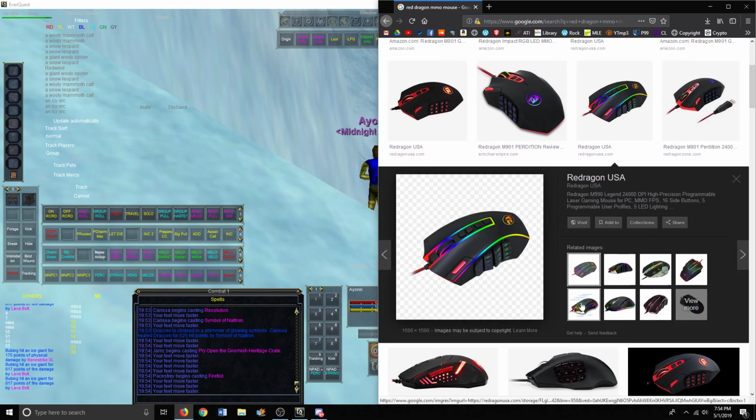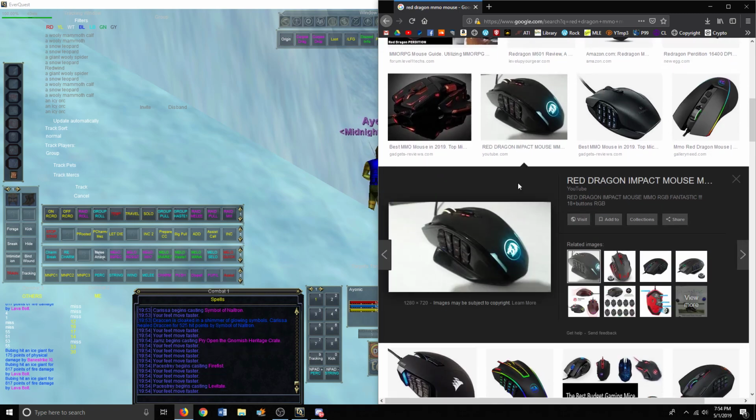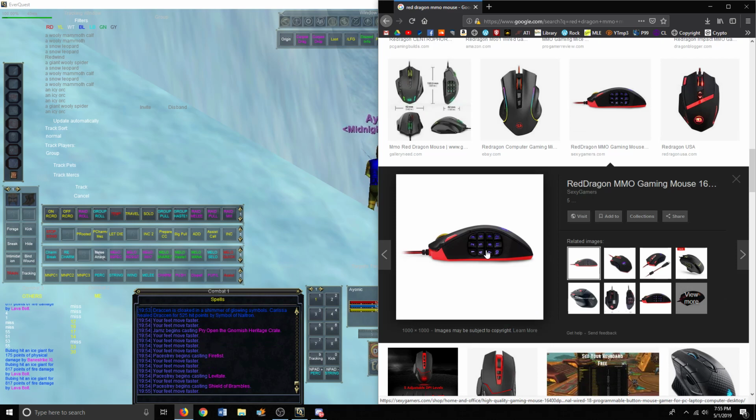Anyways, yeah, you can see it's got all these different buttons on the side. I want to see if there's a bigger picture, a better side angle. Okay. So you can see, yeah, 1, 2, 3, 4, 5, 6. So what's cool is the